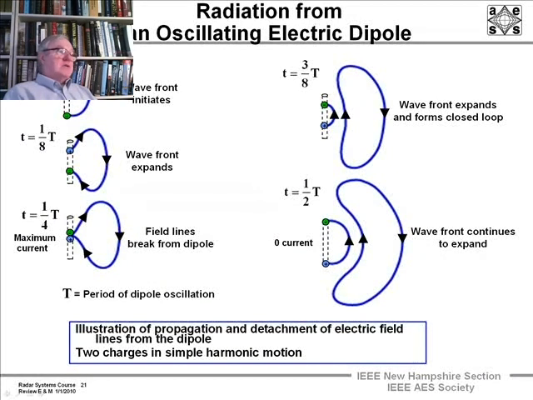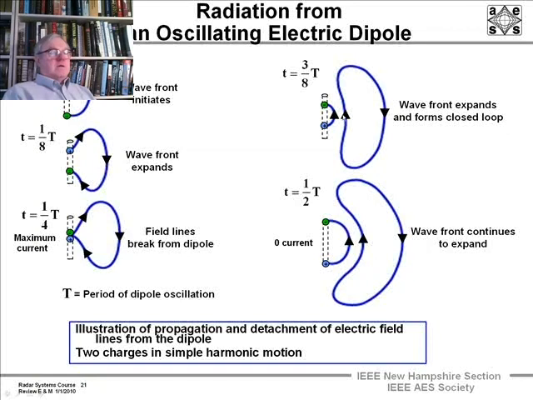And if we look at the case of two charges moving back and forth, which is a dipole, the distance between the dipole is changing sinusoidally with time, T being the period, we see that the electric field is going to go from the positive to the negative charge, and then a little while later, the front expands, and then when it gets to the center, the field lines break from the dipole,